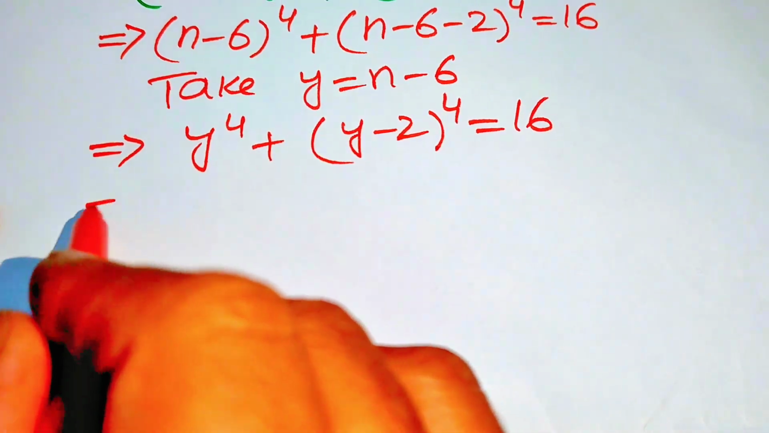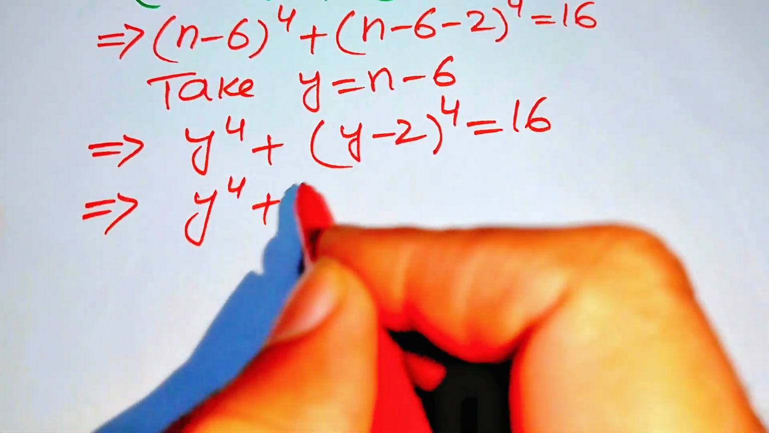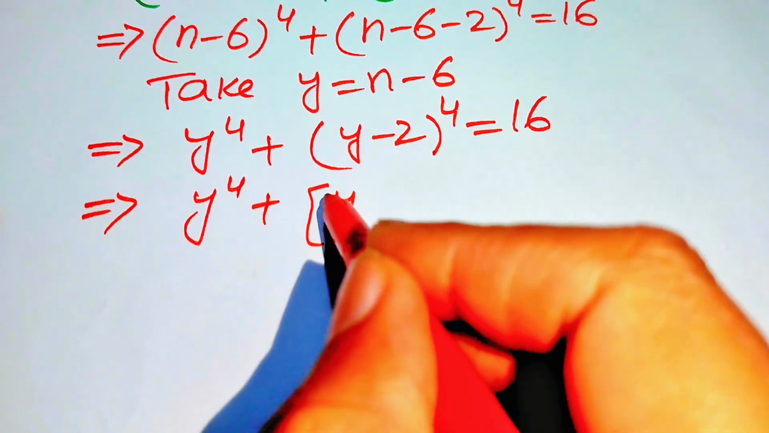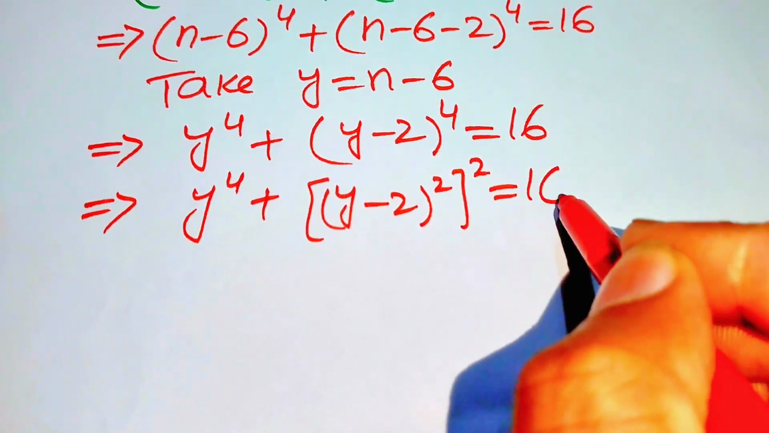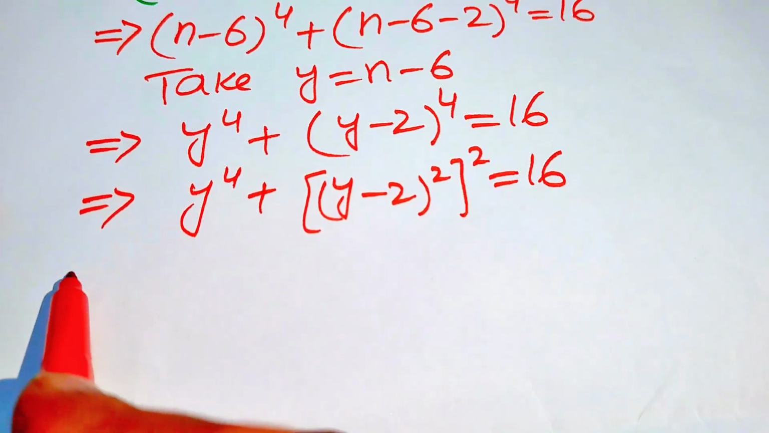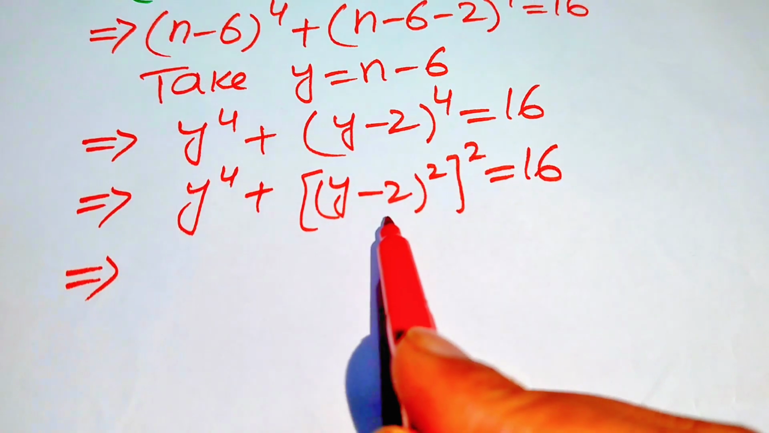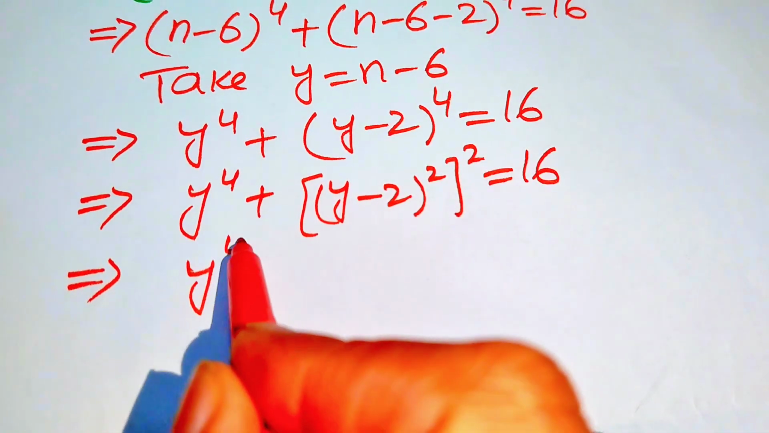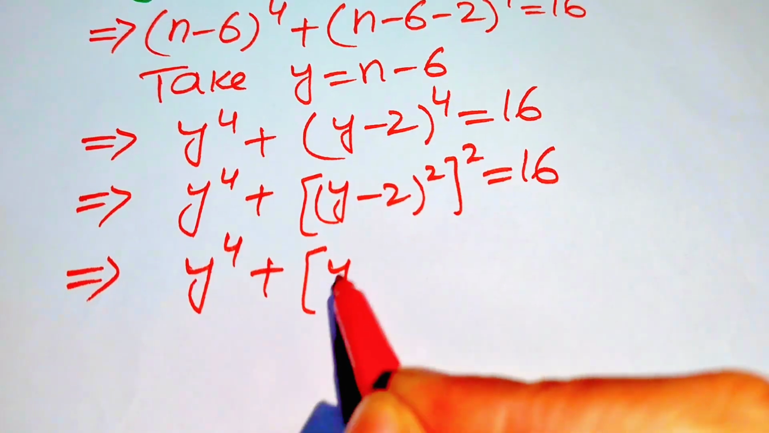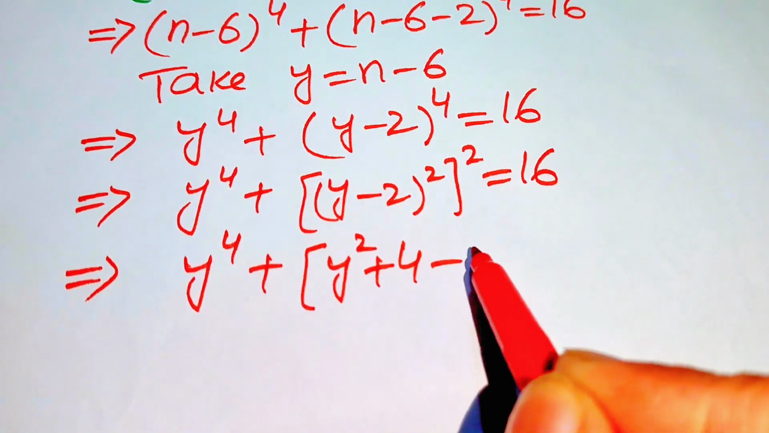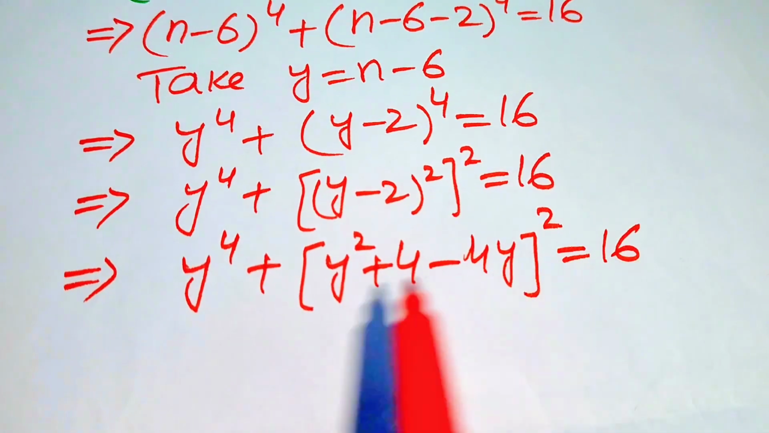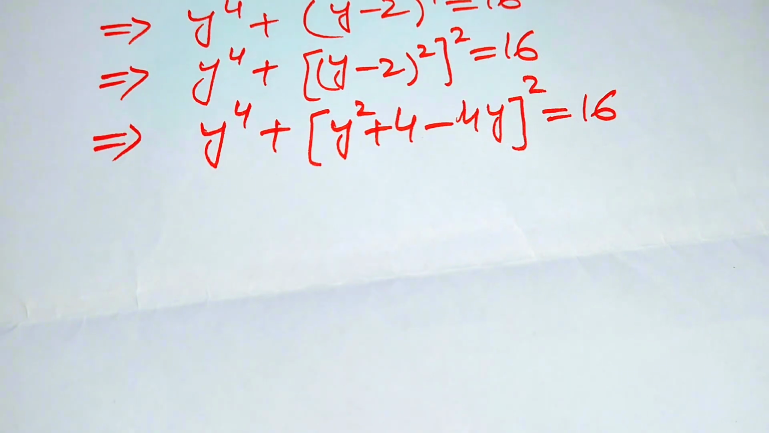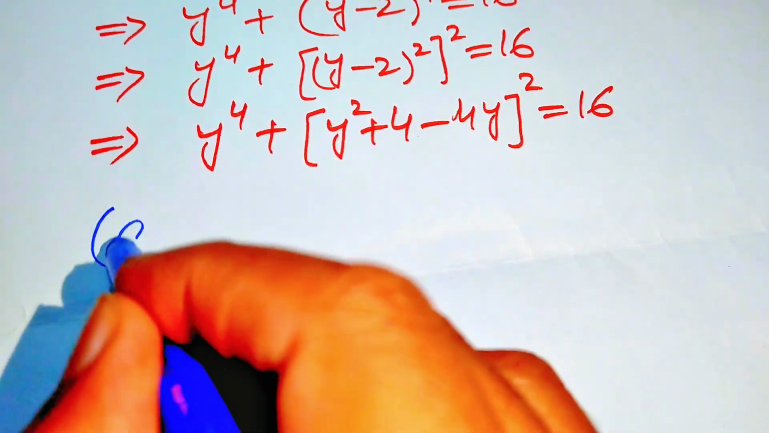And here we again rewrite this equation as y^4 plus we write this as ((y - 2)^2)^2 equals 16. So here first we use the square identity in the base term, so it will be written as y^4 + (y^2 + 4 - 4y)^2 = 16. Now in the next step we use the formula,